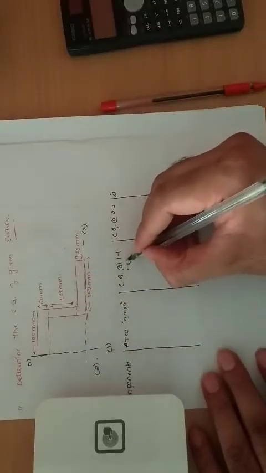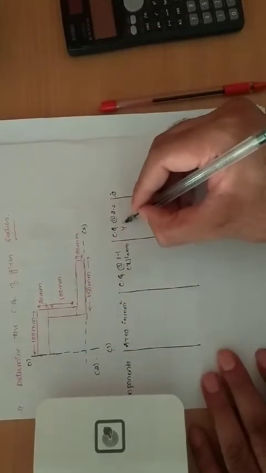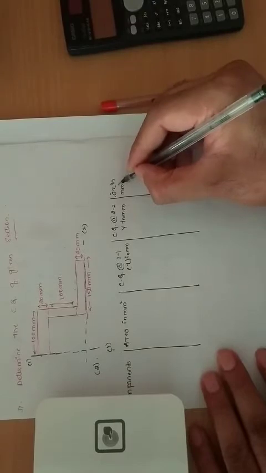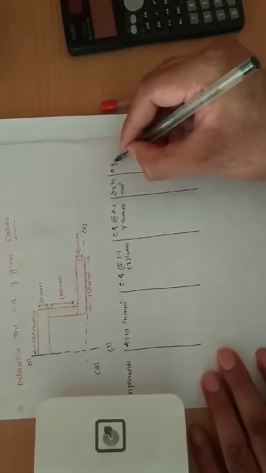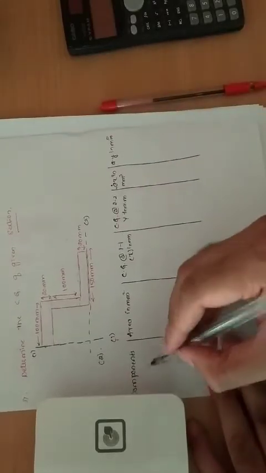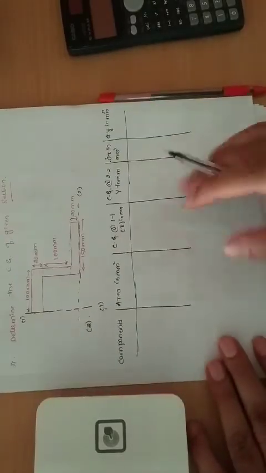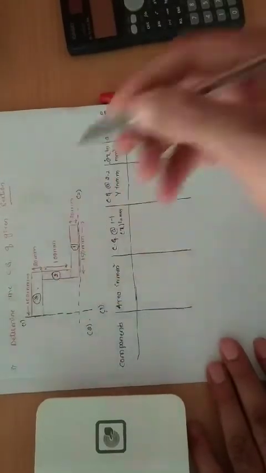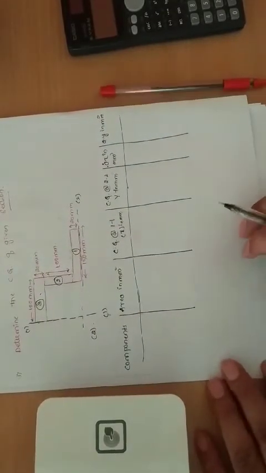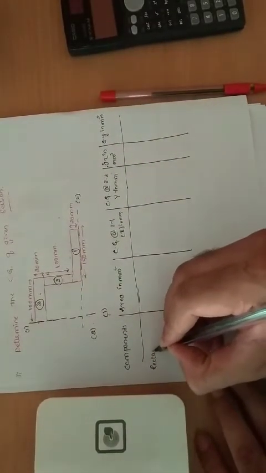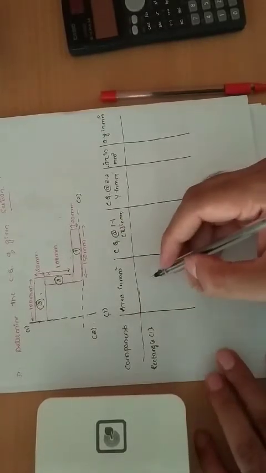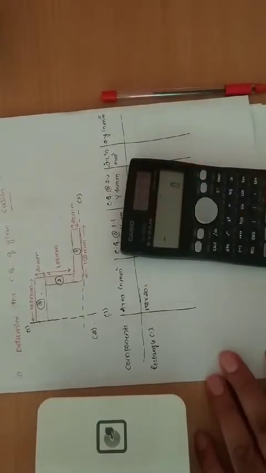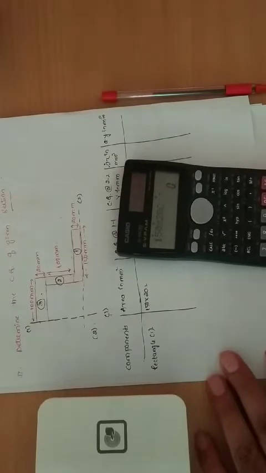Which will be x in millimeter, this one y in millimeter. So this is A into x in millimeter cube, similarly A into y in millimeter cube, right? So this is the first component, this is the second component, and this one will be the third component. Component 1 will be rectangle 1. In rectangle 1, what is its area? 150 into 20. So that will be 3000.